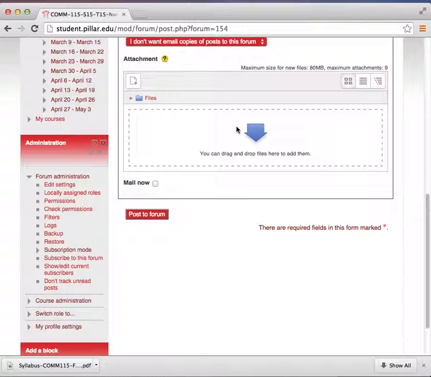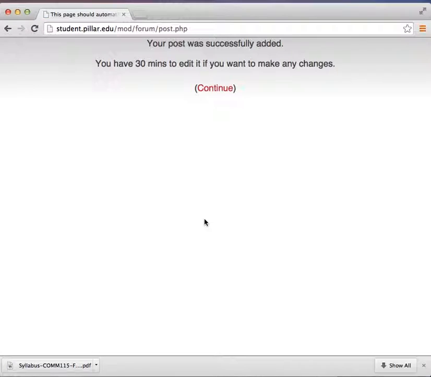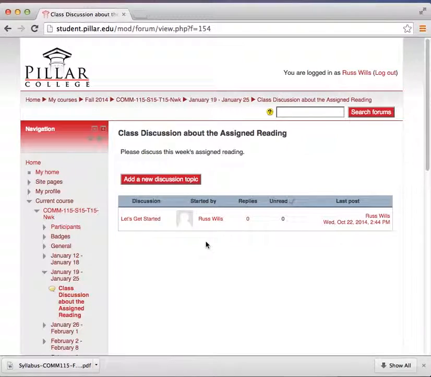If you want to have an attachment here, if you have a relevant article or image or some other file, you can just drag that file right in here. And when you're done, say post to forum. And as you see, your post was added. You have 30 minutes to make changes. As a teacher, you should be able to make changes at any time, but students will have 30 minutes to edit their posts. And so then you or students may go in and add a new discussion topic after this,